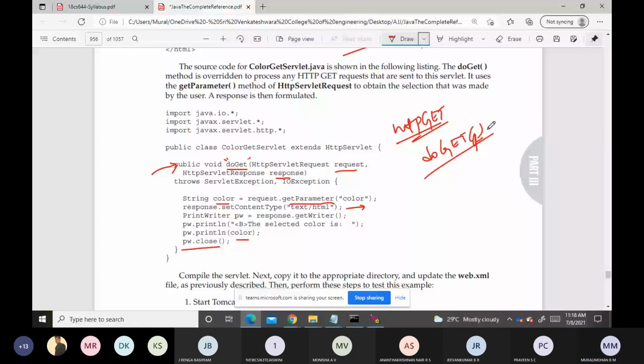Clear? Execution is the same: you create one HTML file and one servlet file, generate the class file, set the path, start the server and execute. So HTTP GET requests are handled by using the method called doGet.